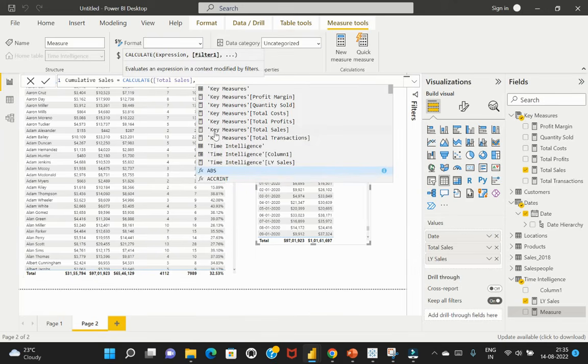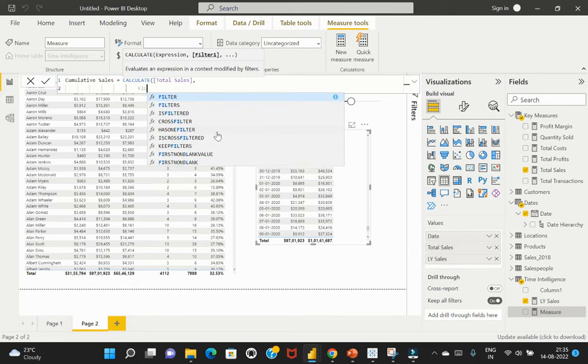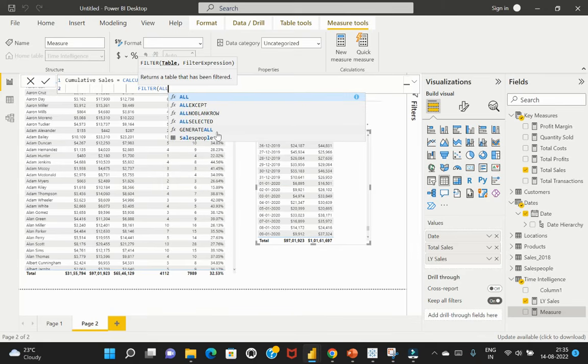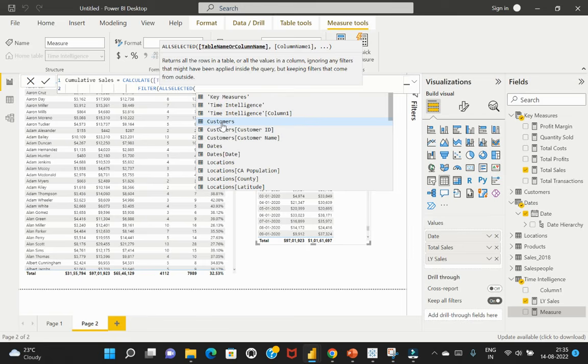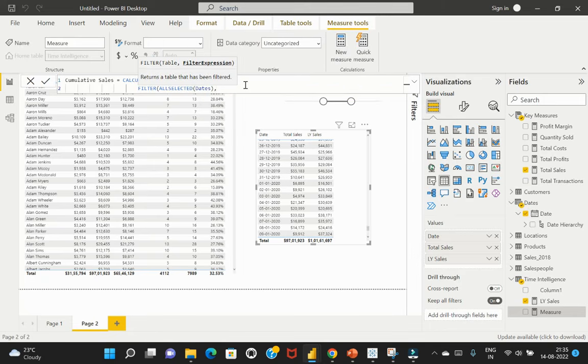Okay, now in order to evaluate the cumulative sales value, I will try to use another function called filter. Okay, and all selected, and within this dates, and Shift+Enter to go to the next line. So when you specify Shift+Enter, it will go to the next row within that formula